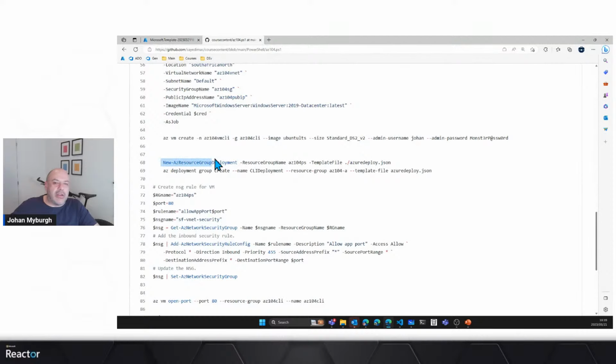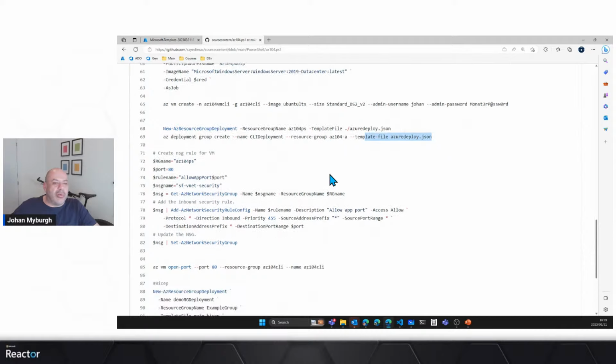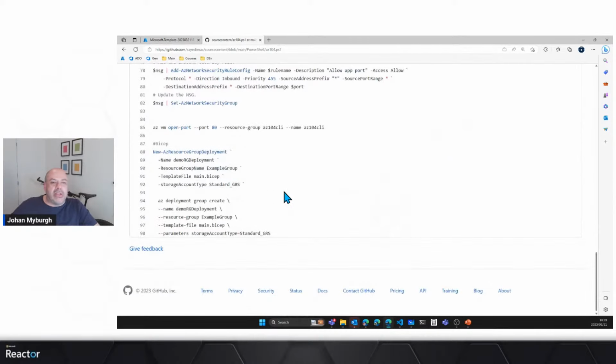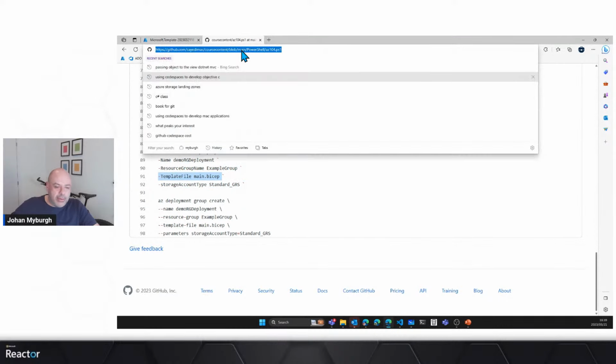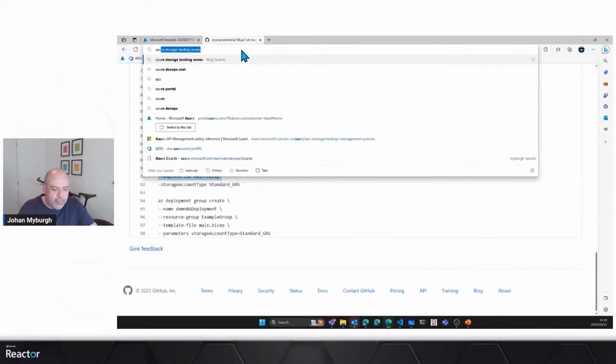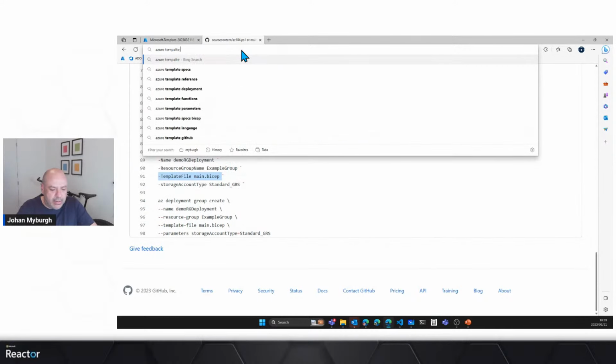And you'll notice that I can do a resource deployment that points to a template file if I wanted to, using PowerShell. I can do the same with the Azure CLI, point it to the template file and do that deployment. And then last but not least, if I was using Bicep, which is not new really, but it's one of the ways to do this, then you will see there's the command, and I'll point it to my Bicep file and it'll do that import for me. If I also search for Azure template,